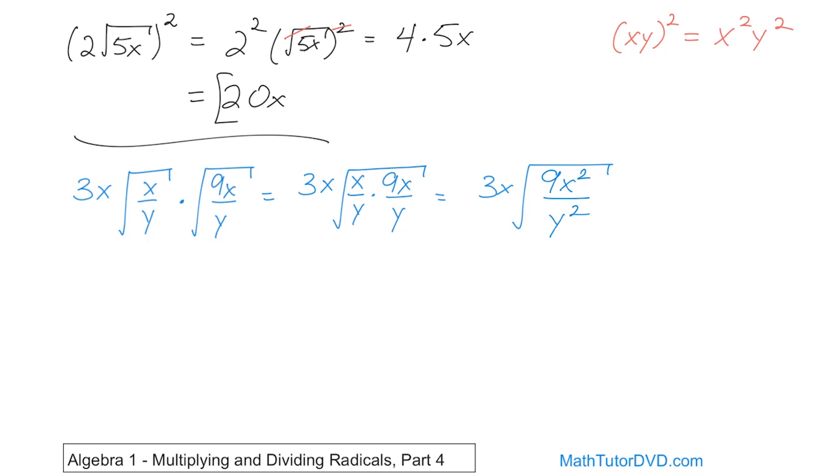So now we're making progress. But you see, now we have this large fraction underneath the radical. We don't really like to leave things like that. So let's break it up into a numerator and denominator. We'll go over to the next line here. So the 3x will stay there, right? And now what we'll have here is